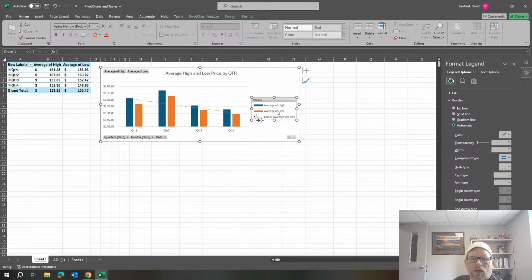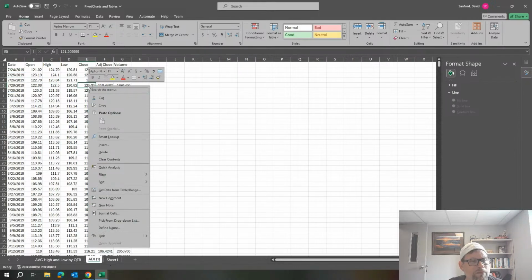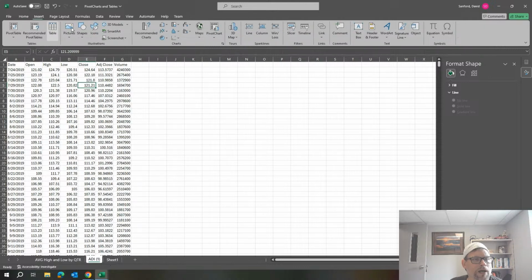Okay. So that's one way to summarize. Name that sheet. Rename, and we want that to be AVG high and low by QTR. Okay. And then I can go back to this data and I should be able to insert another